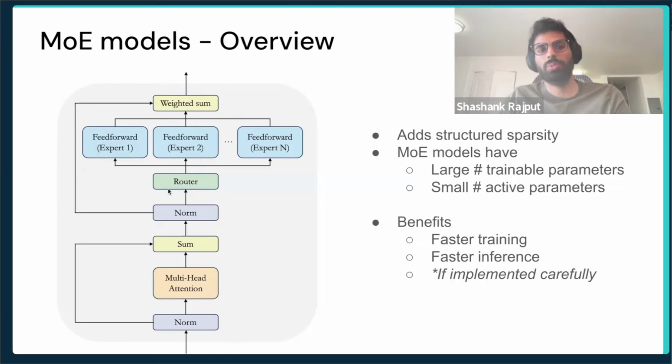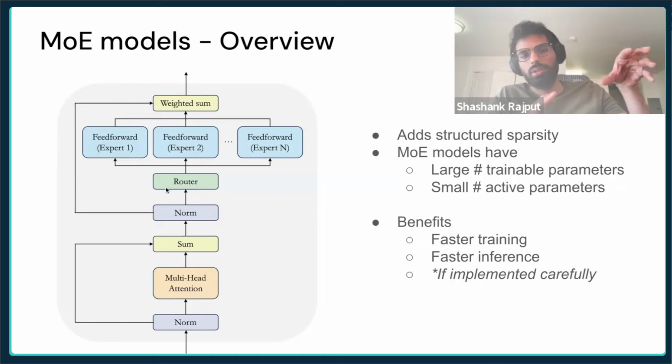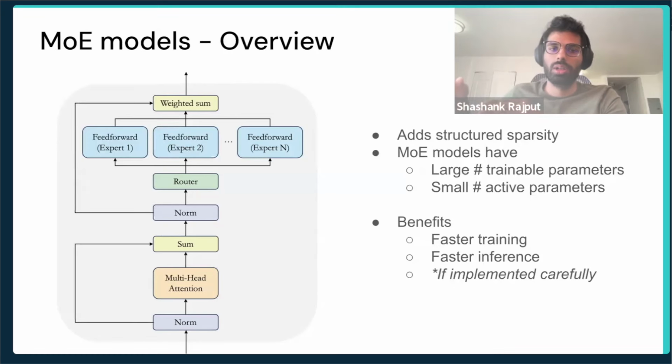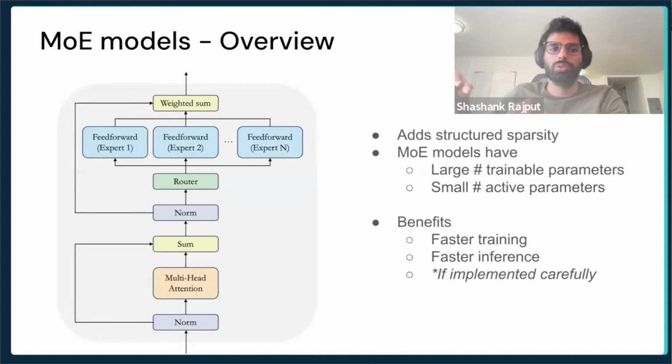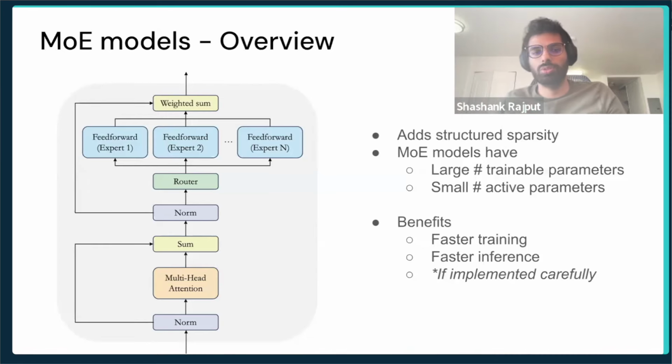So you take the input, you pass it to the router, which is like a small linear network, a linear layer with a sigmoid. And the output, you treat as the probabilities over these experts. And you just select the experts which have the top four or top five probabilities,